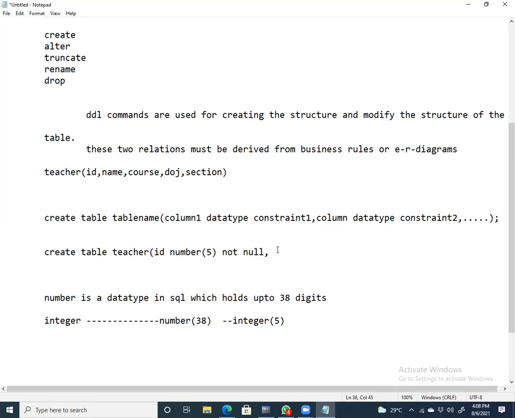Next, name. For names, generally the character data type you can use. Maximum 2000 characters you can hold in it. For name, characters is